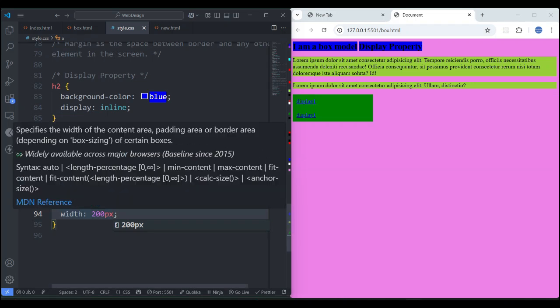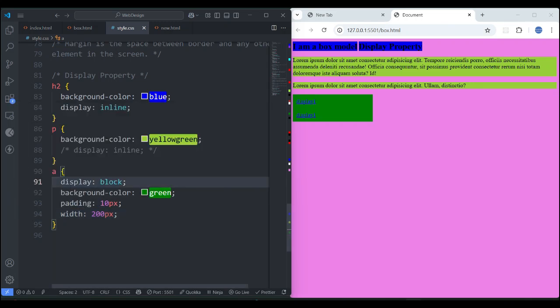Now just disable the display. So now it goes back to next to each other. We mentioned width 200 pixel, but it's not working because width doesn't work with the inline element. Just disable it. Let's put some margin